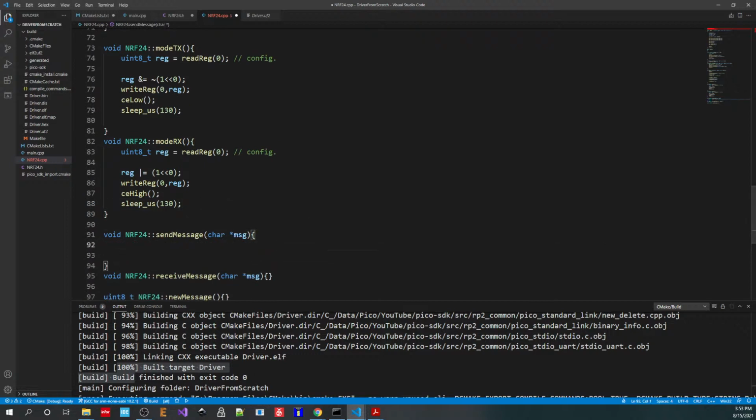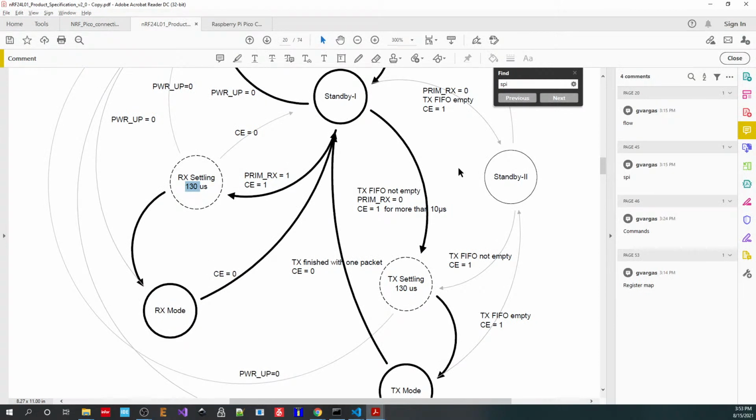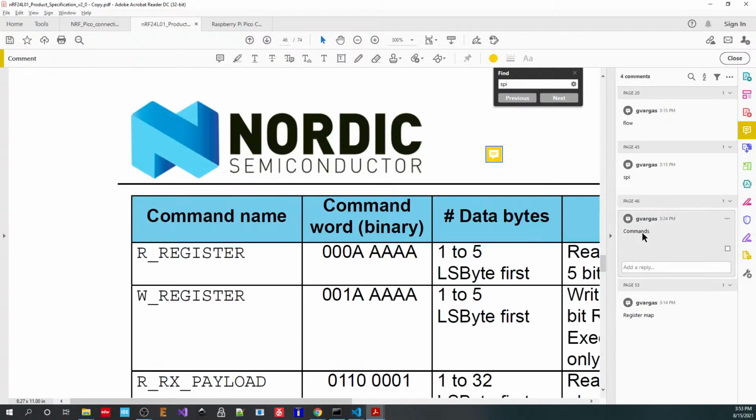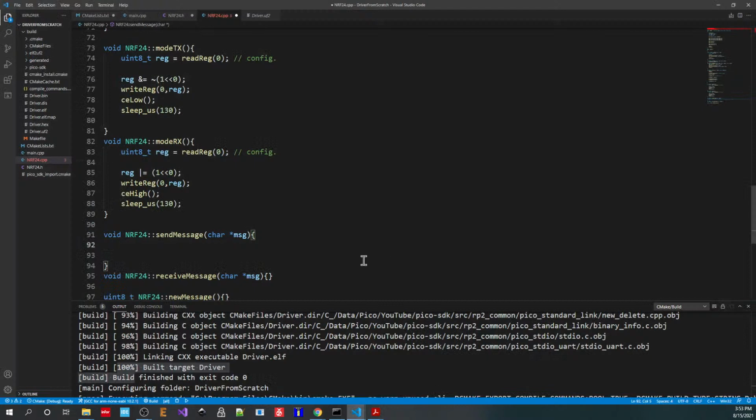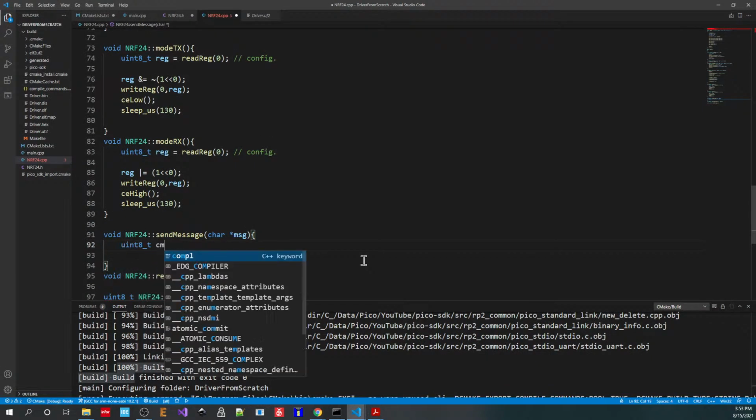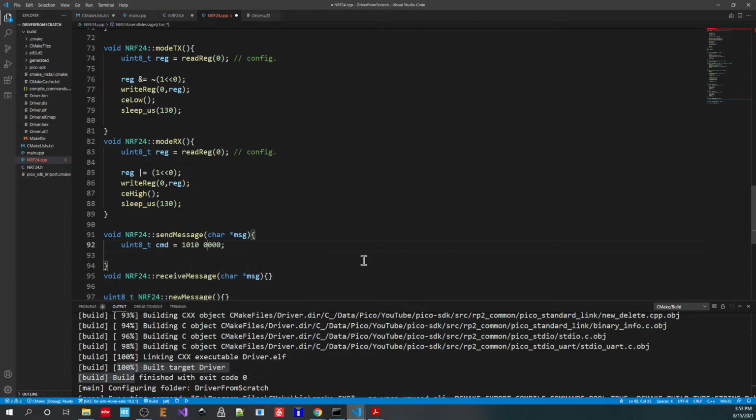Now sending a message. What do we need on this one? Let's see. Commands. So to send a message, we need to load a payload, right? The data that we're going to load. And we do that by sending this command to the NRF unit, and then it will know what to do with it, right? So we'll take this, and we'll specify the command, and it'll be that. So B for binary,